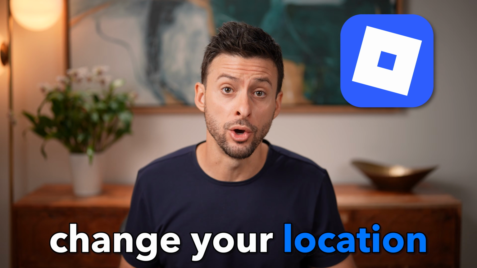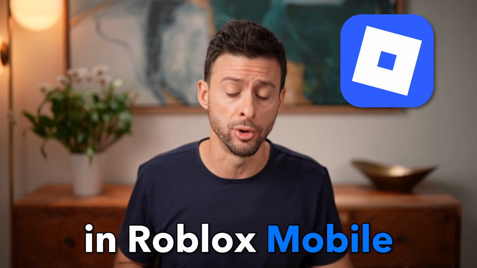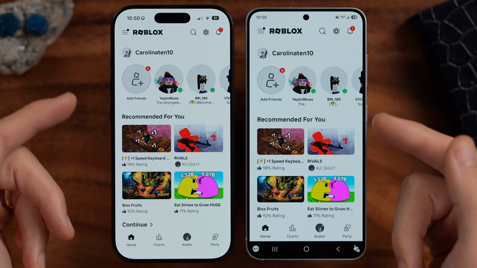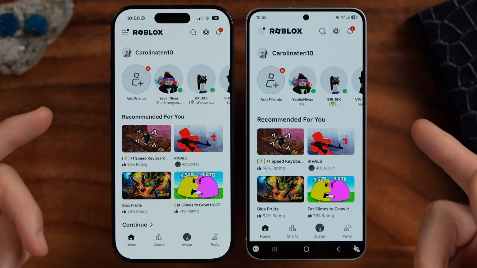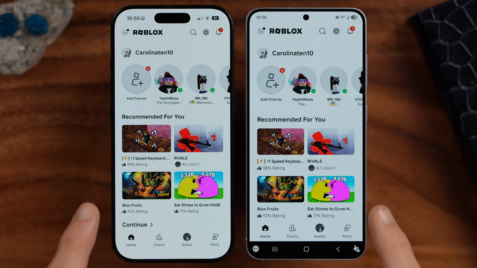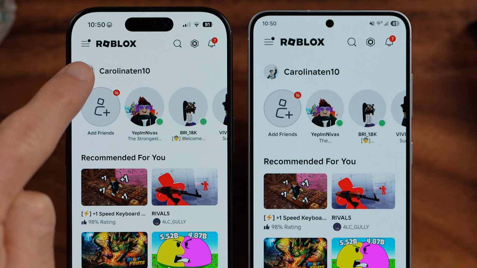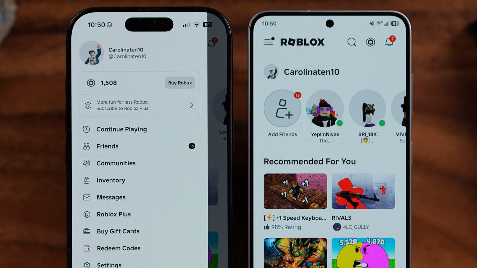Here's how to change your location in Roblox Mobile. Now, I have my iPhone and my Android here. I'm going to walk you through the exact steps to be able to change your location no matter what device you're on. The first thing we're going to do is tap on the three lines at the top left